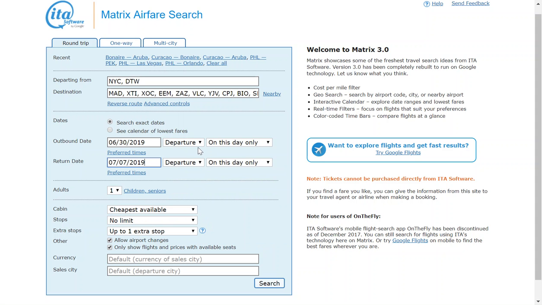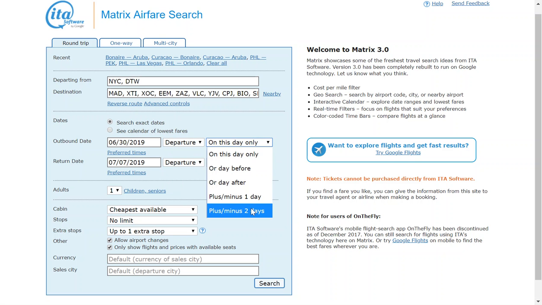So this has an option to where if you want to depart or arrive on the date that you have, and then it also has if you want to depart on this day only, or this day and the day before, or this day or the day after, or plus or minus a day, or plus or minus 2 days. Just to give you a little bit more flexibility, it'll search more flights to see if there's anything